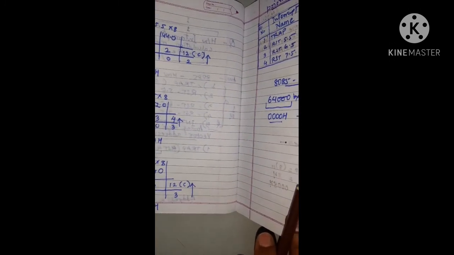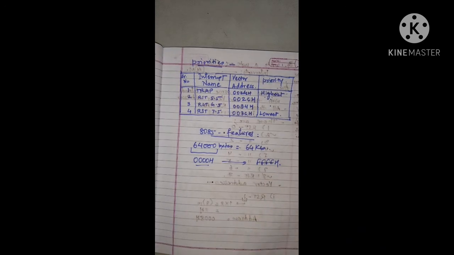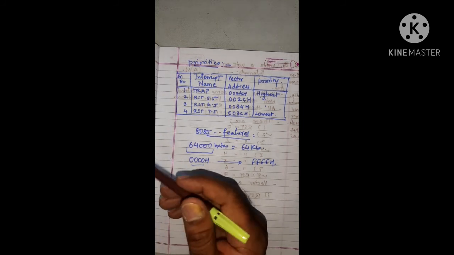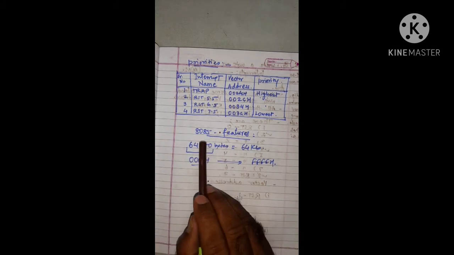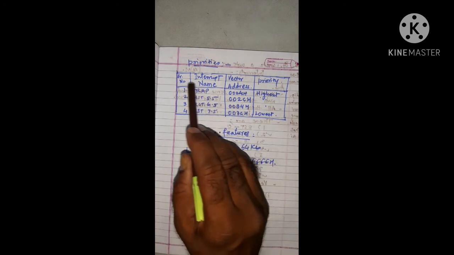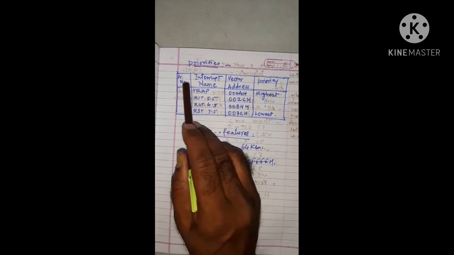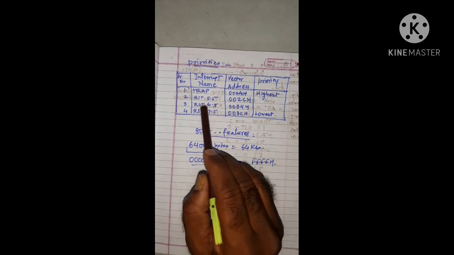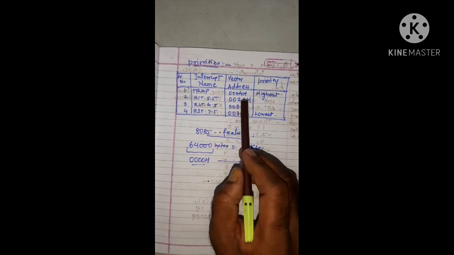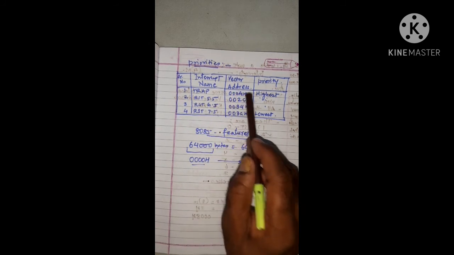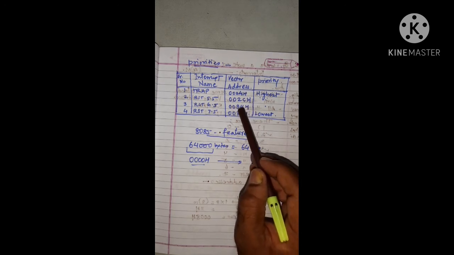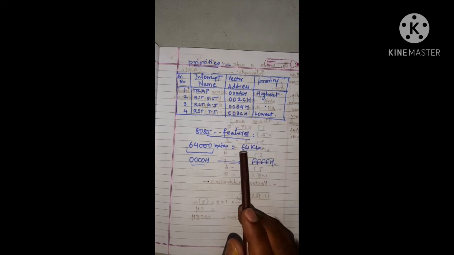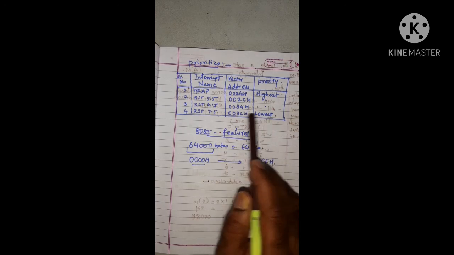This is now the last part. To list them according to priority in this table, there is 1 mark. And to calculate the vector addresses of all these 4, there are 2 marks. 8085 has 4 interrupts with serial numbers 1, 2, 3, 4. Interrupt names are TRAP, RST 5.5, RST 6.5, RST 7.5, and their vector addresses are 0024H, 002CH, 0034H, and the last 003CH. From this we know the priorities: it is highest for TRAP and lowest for RST 7.5.